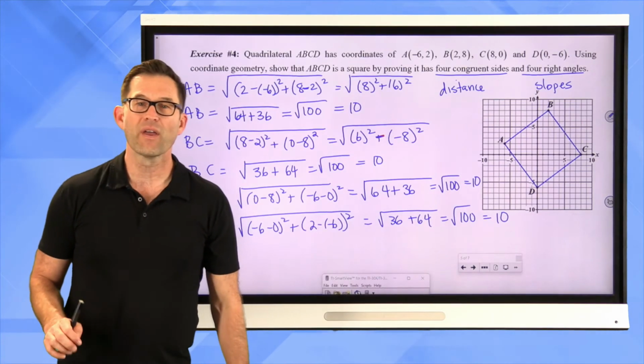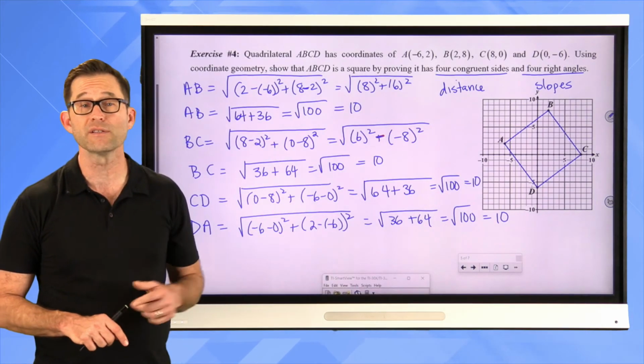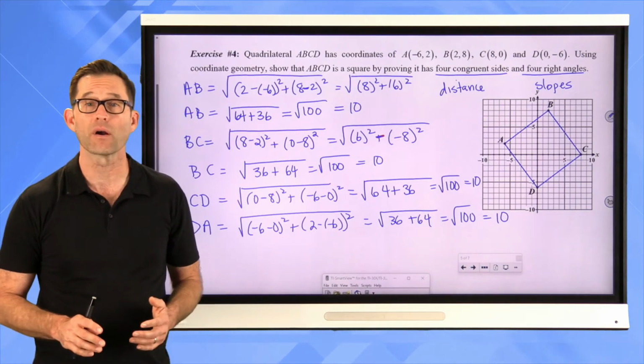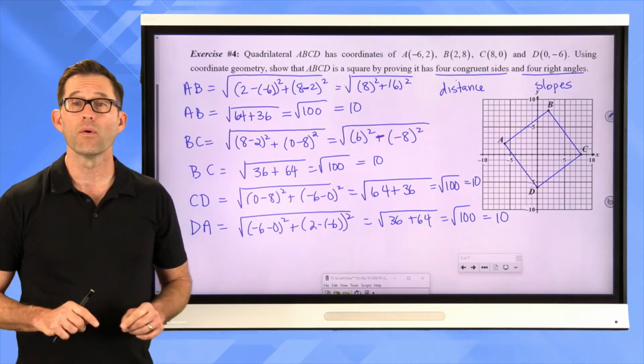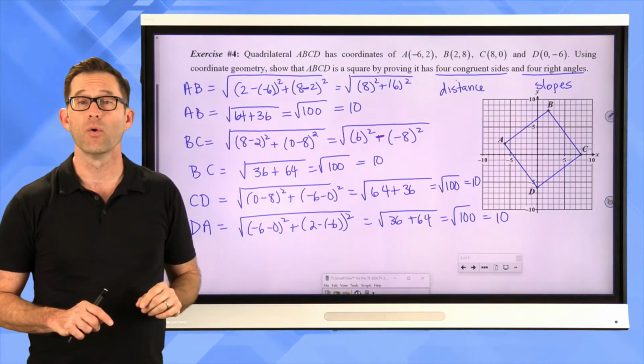Okay, so now we've proven that this figure has 4 congruent sides, and what we've really done is proven that it's a rhombus. All right, that's what we know so far. Now, we want to prove that it's got 4 right angles, and for that, we need to go with